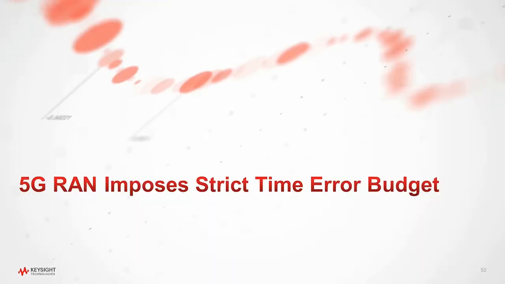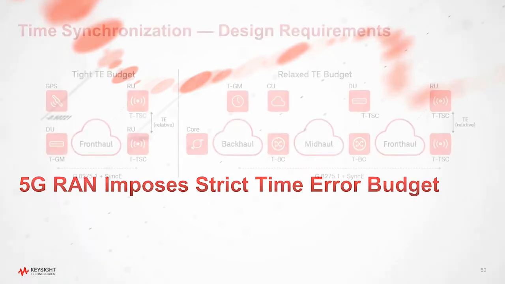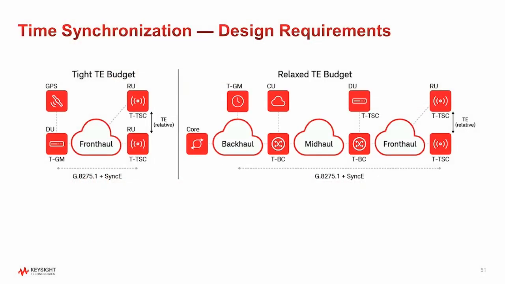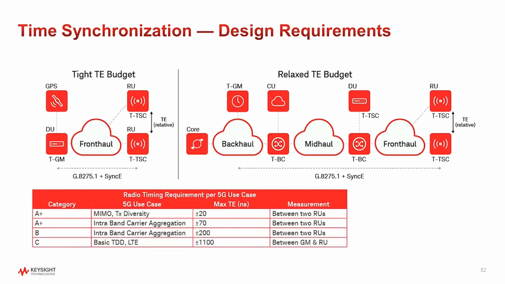The 5G transport network also imposes very strict time synchronization requirements on the network. Let's discuss a little bit why. The fronthaul interconnects radios to the core, and the synchronization requirement is driven by what the radio needs, right? Because it's all radio data. And based on the need of the radio, there are classifications of the timing requirements for different scenarios. The different classes allow different amounts of timing error that is in propagation, when using a time synchronization protocol.